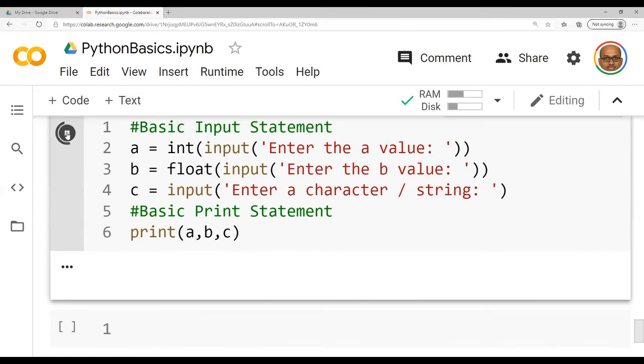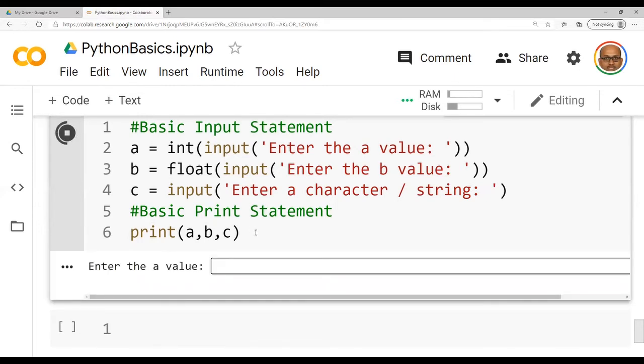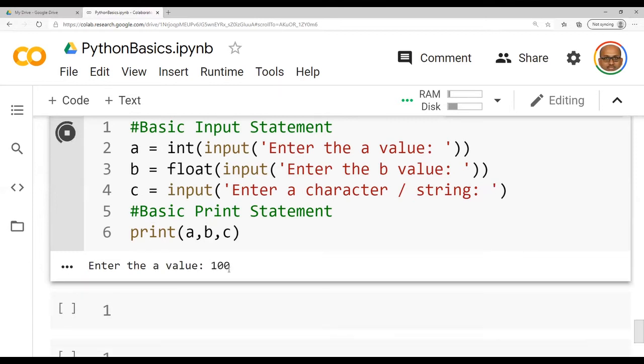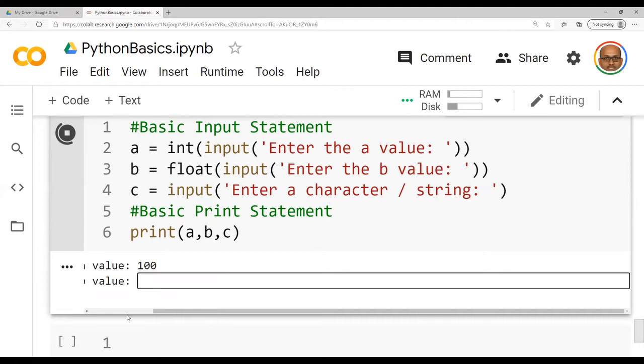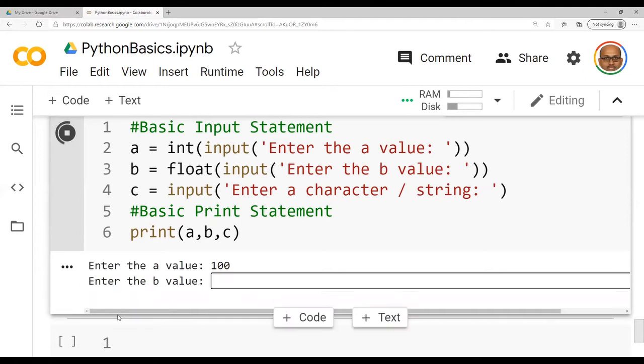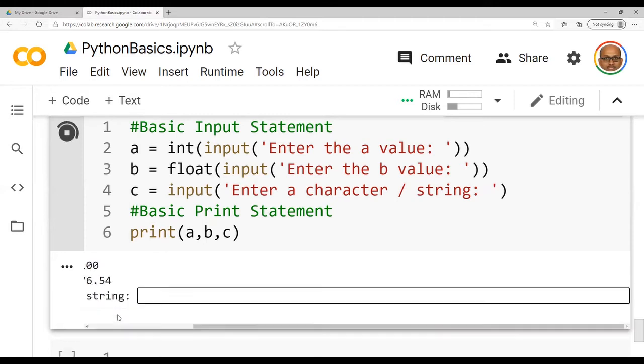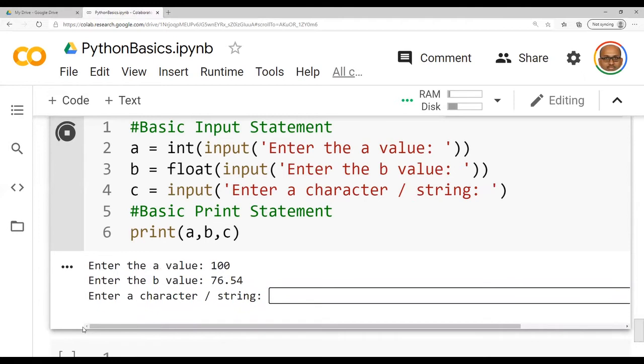You do have different forms of print statement or different formats. Let us discuss one by one. It is asking for A value. I am giving 100. B value as floating point, it has asked, 76.54. Then it is asking for C value. I am typing good morning here.